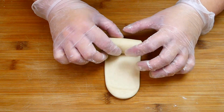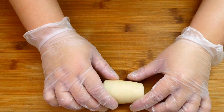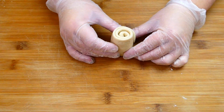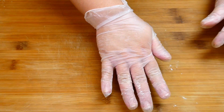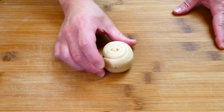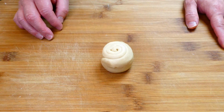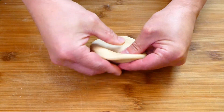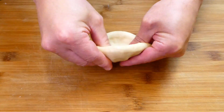Lastly, roll it up with your fingers. Then stand the dough up and flatten it a bit. Now it's time for hubby's hands to get into action. Take each dough, flatten out with your palm, gently press the sides,